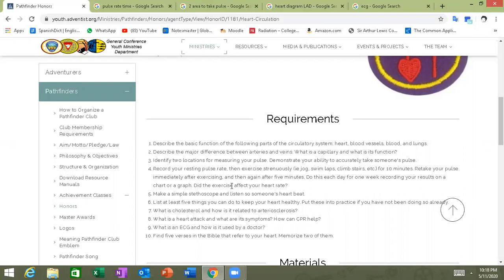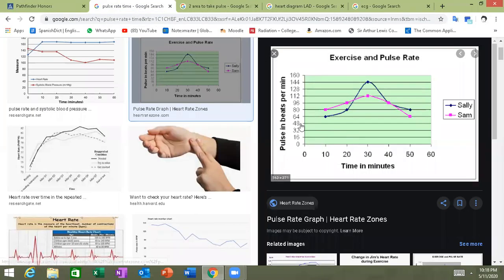Did the exercise affect your heart rate? So I want you guys to do this, but I want to explain to you first. So this is a graph, right? Exercise and pulse rate. You should also say the variation between the two. So we have the person's pulse rate, the number of pulses per minute, and the time in minutes. So we can see that the pulse rate was around 64. We're looking at Sam, right? It was around 64, and then you can see that it decreases very quickly, and then it goes back down,